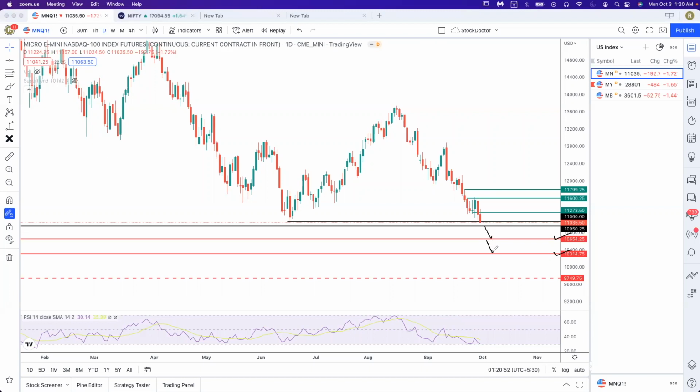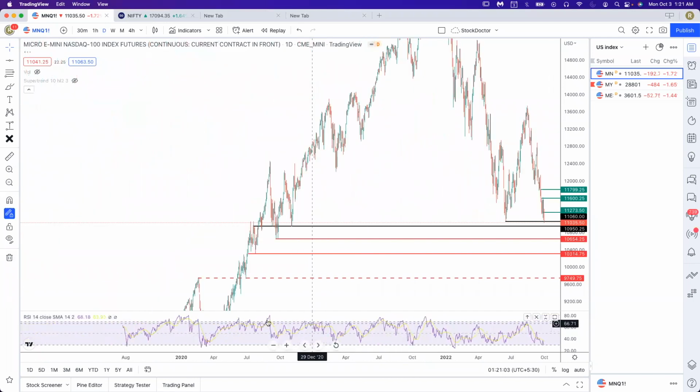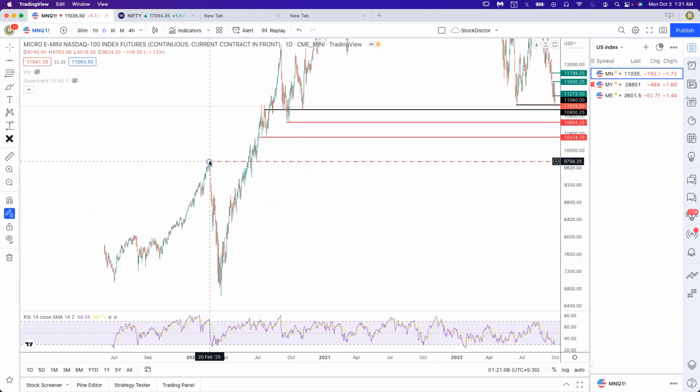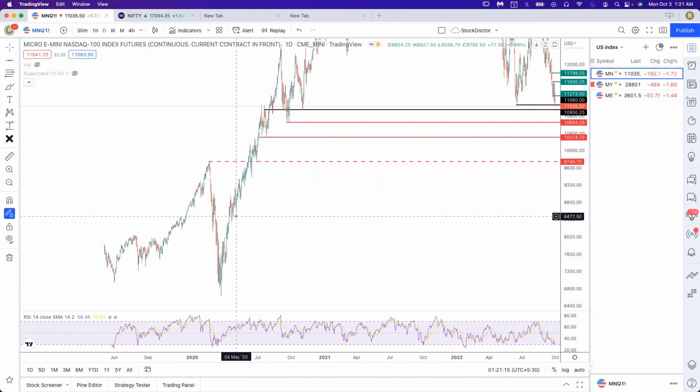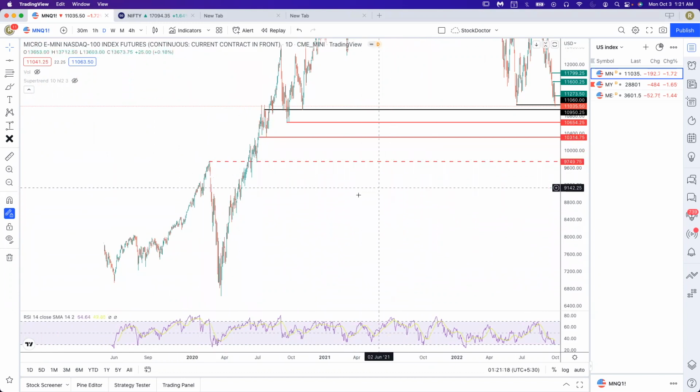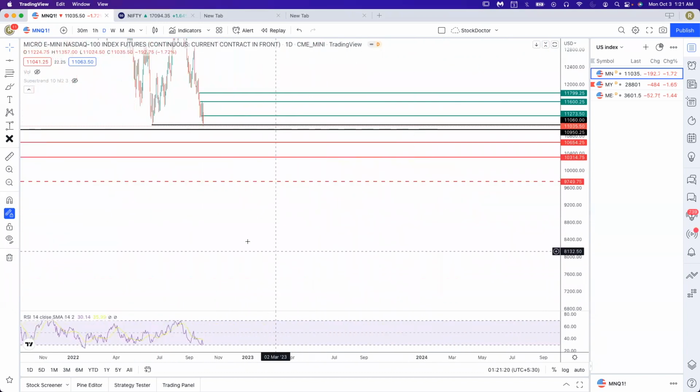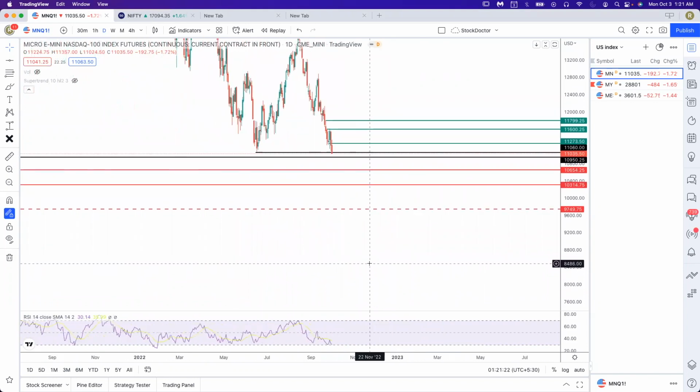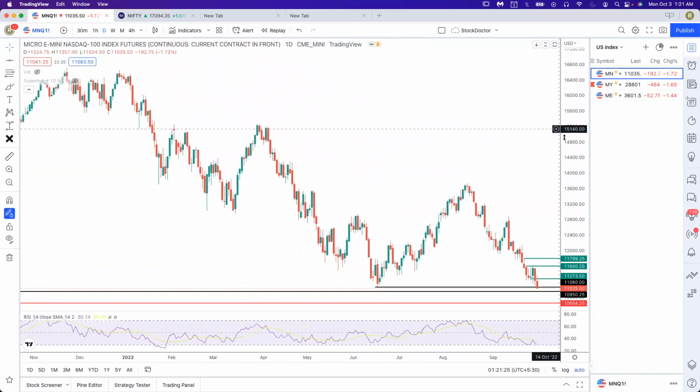Now I will tell you, this dotted red line is 9,750. This is the pre-COVID high level of the Nasdaq 100. I am talking about 2020, and this was a high before the COVID, right? And then we got the downside and then again a V-shaped recovery. So 9,750 is a very important level to watch. If at all we get toward this level, then